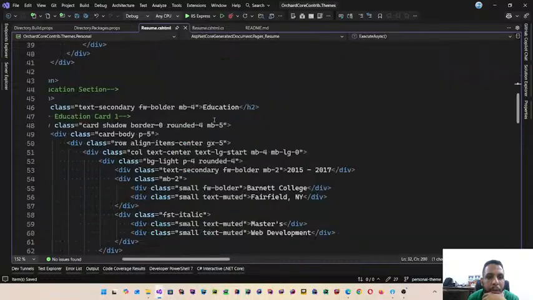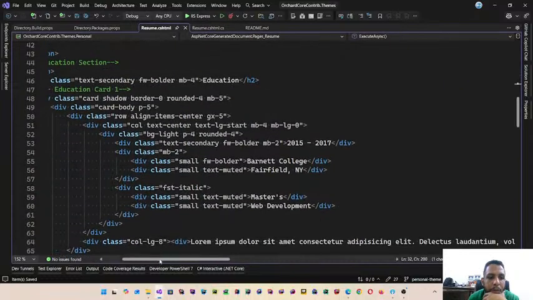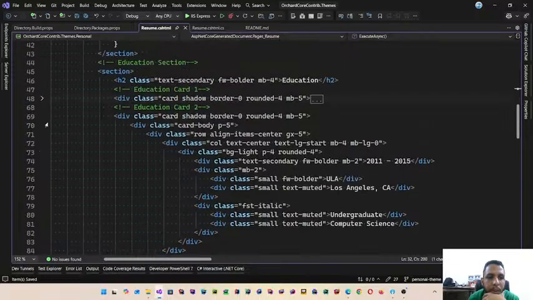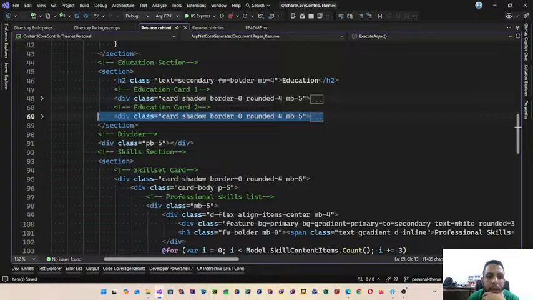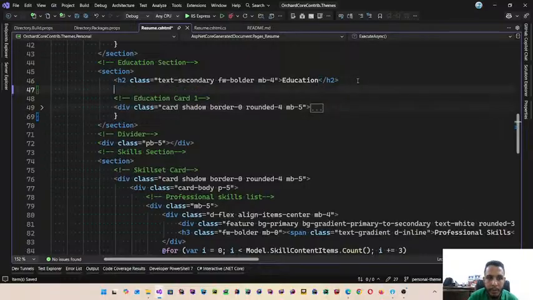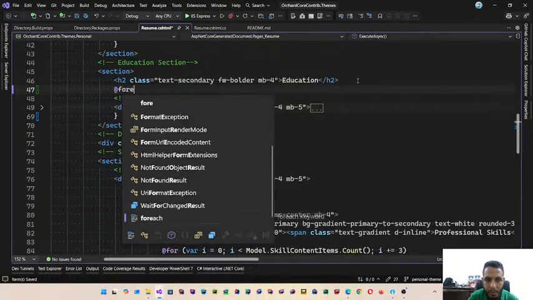Now let's go here in the education. This is the education. This is the first card. This is the second card. Okay, let's make it like this one. Okay, the card for each